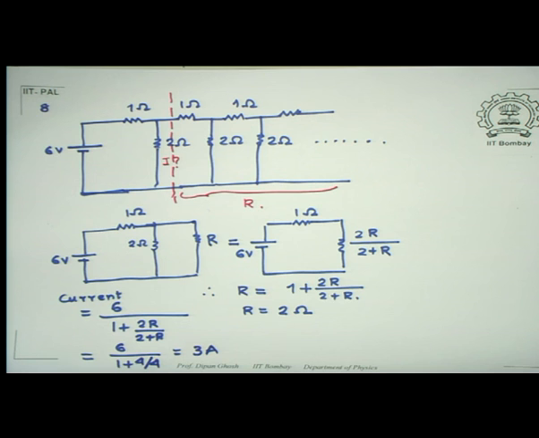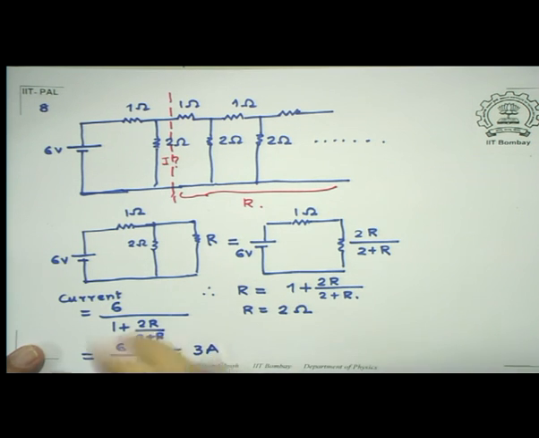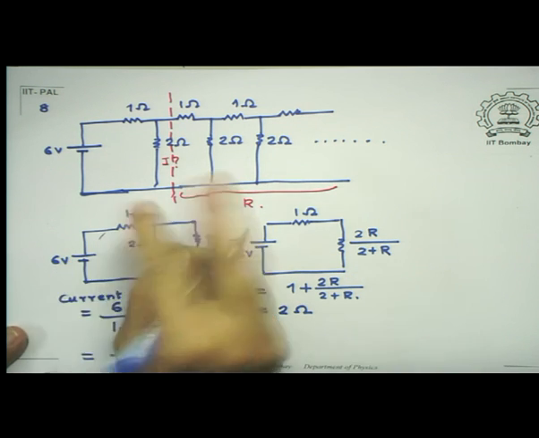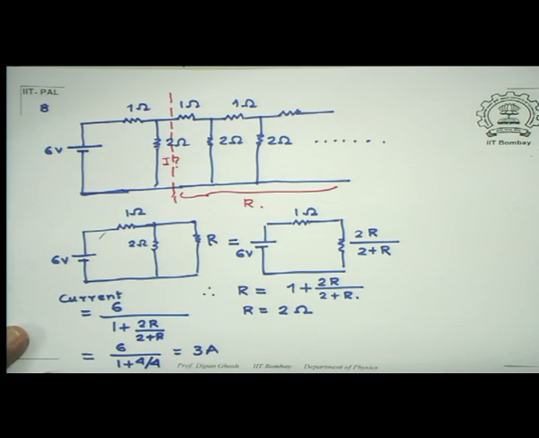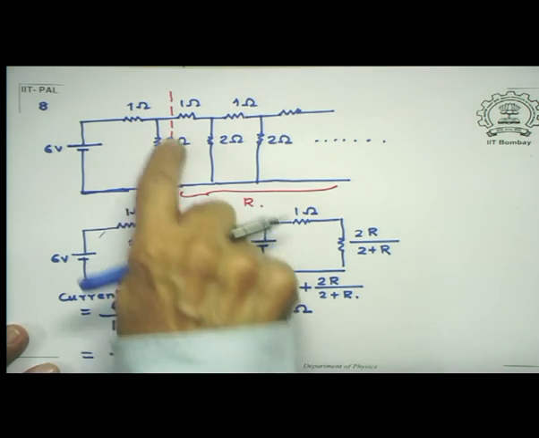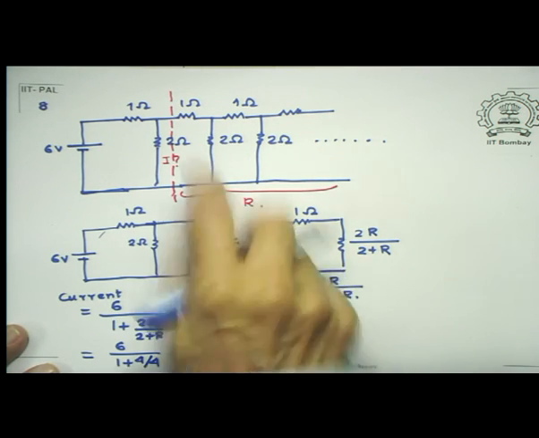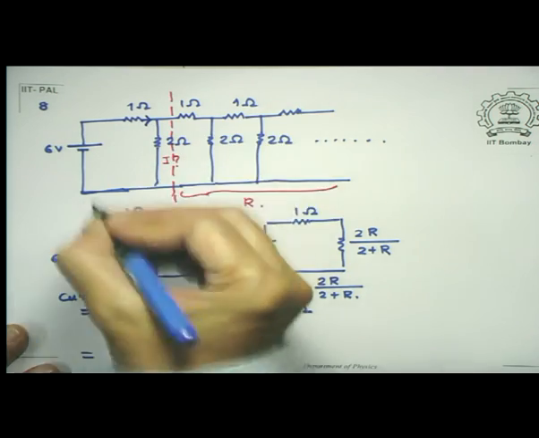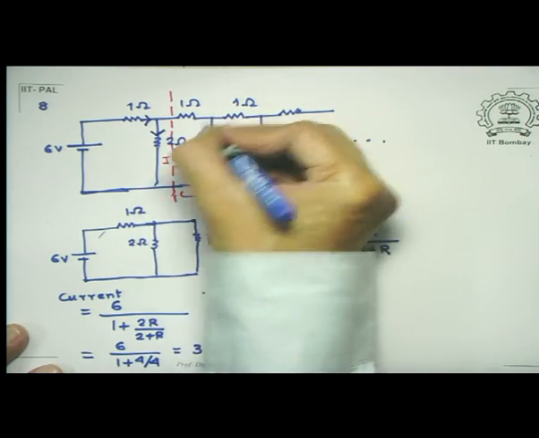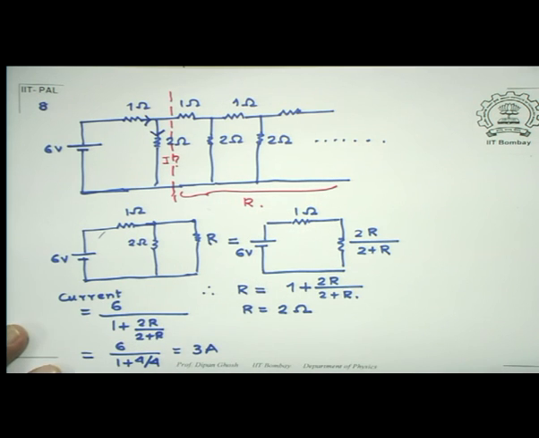So therefore, what we are saying is this. This 3 amperes that we have got is passing through my 1 ohm resistance, because that's the one which came there. And it distributes to this 2 and R, which is also 2, because this was R. So this current that is going in there will distribute here as well as to this part. And since this resistance is the same as that resistance, the current through the 2 ohm resistance